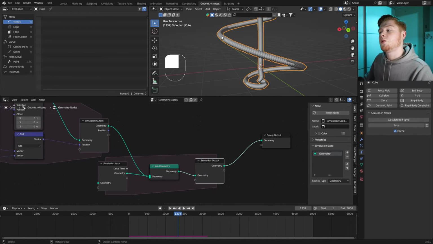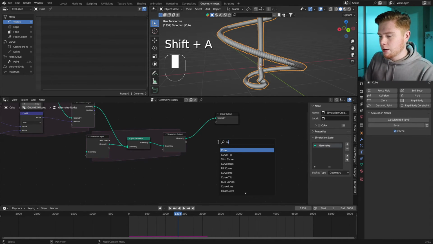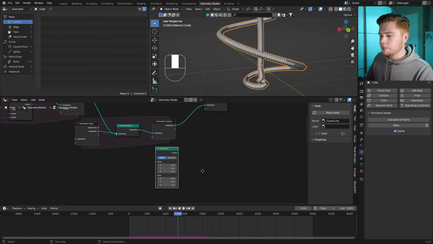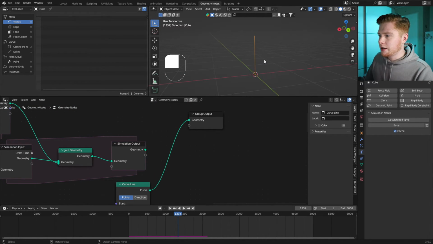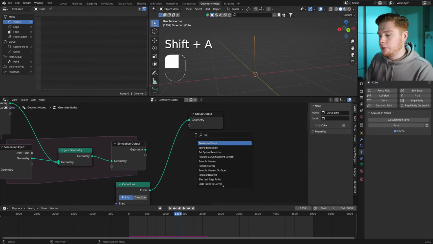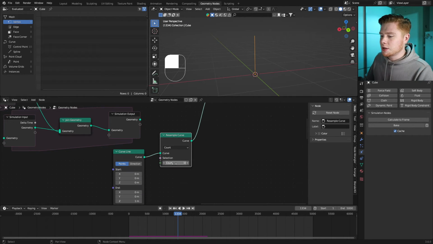However, I don't want this to be points. I actually want this to be one curve that creates this shape, right? So how do we convert these points into one curve? Well, we can do that by taking a curve line node. And this curve line node, we connect like this, and we see we have a curve line, right? Right now it consists of 2 points, over here and over here. I want this to consist of more points. So we do a resample curve node. Now it consists of